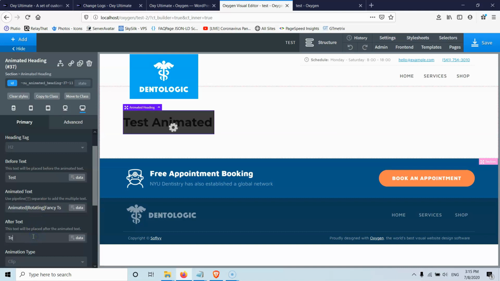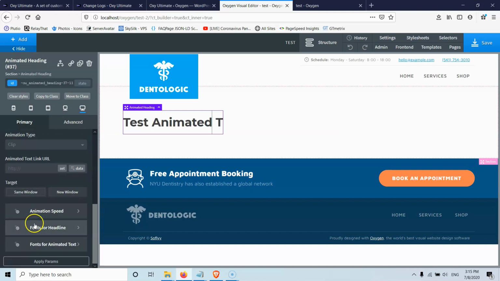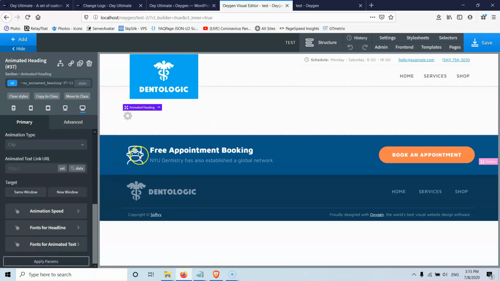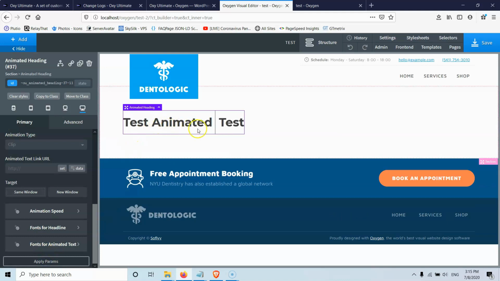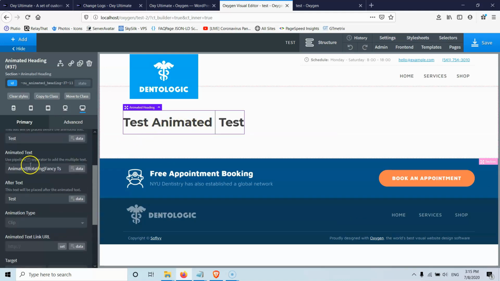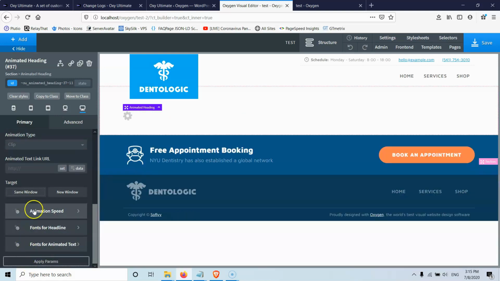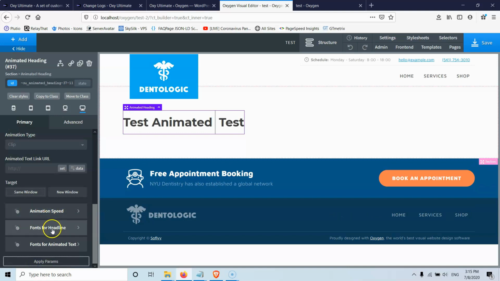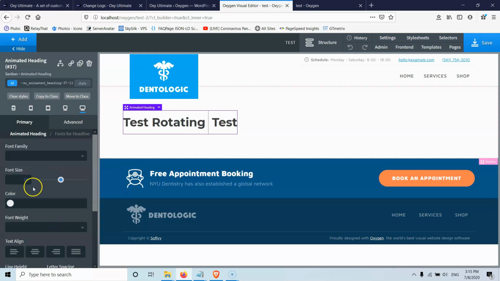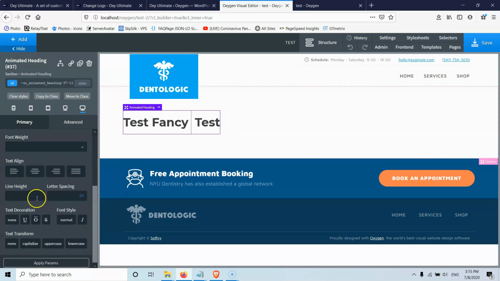Okay, I didn't type here test. Hit apply. So we will see the three words: the animated, the rotating, and the fancy to appear here. Okay, let's apply, and then you can change the animation speed, the fonts for the heading, the fonts for the animated text for the headlines.